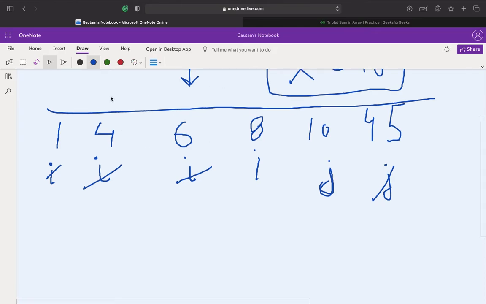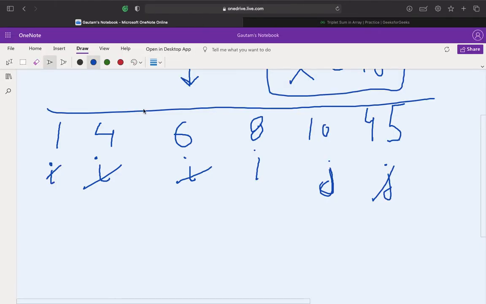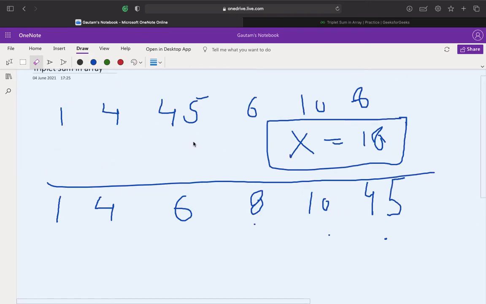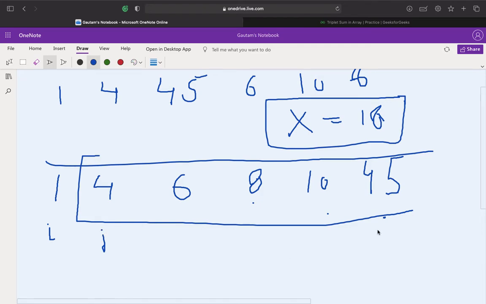We need to find three integers that form a sum equal to x. For this, we'll use the same two-pointer algorithm. First we initialize i here, and then we check for j and k.